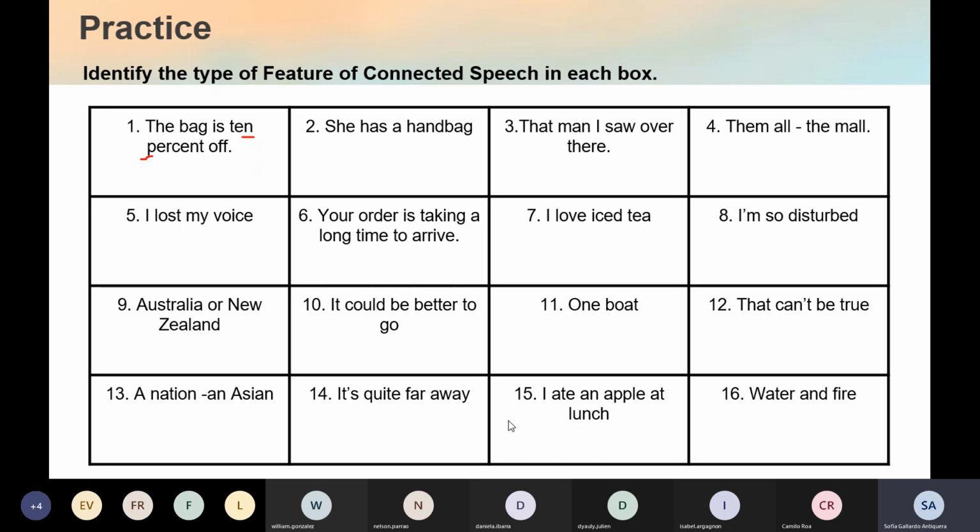Yes, yes, thank you, Camilo. Okay, so the first one is not valid. Let's move into the second one. Try to read it. Try to find what feature is happening there. Any ideas?